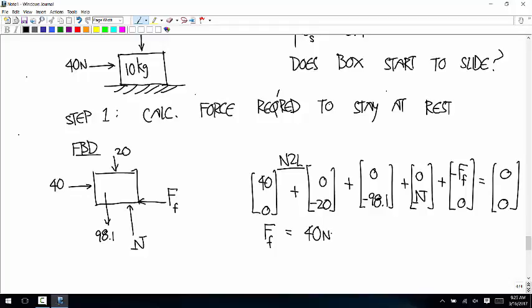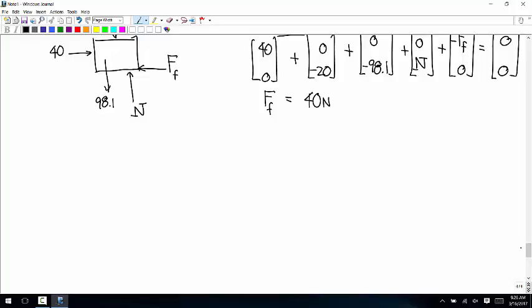So now we're going to see if the maximum possible value of friction is smaller than this or bigger than this. If the maximum that this friction can apply is smaller than this, that means this box is going to move. If the maximum friction that can be applied between these two objects is bigger than this, then the friction can handle this requirement and it's not going to move. You understand the reasoning on that? Okay, so now